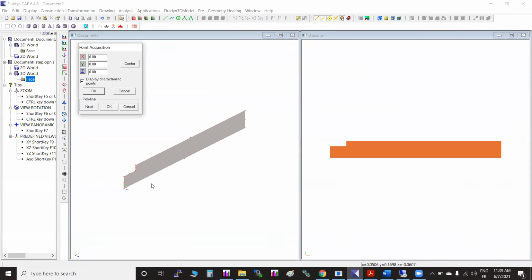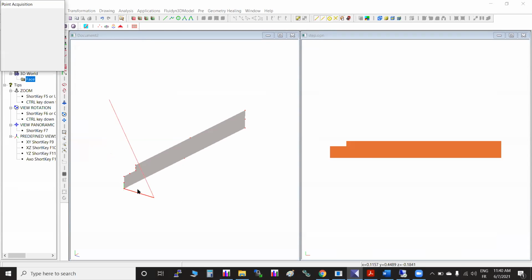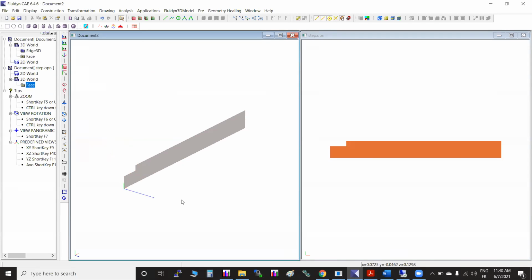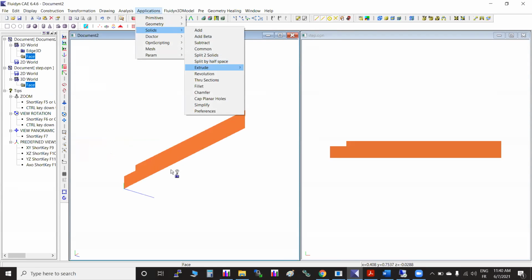To select it or to create it, we can take any reference point. The coordinate will be shown here. And the next point coordinate, which is the thickness, I'll put it here. Then it highlights where it is going. So you can see the point which it is going to create. You can easily understand that it is kind of a preview. Okay, and then we do this.